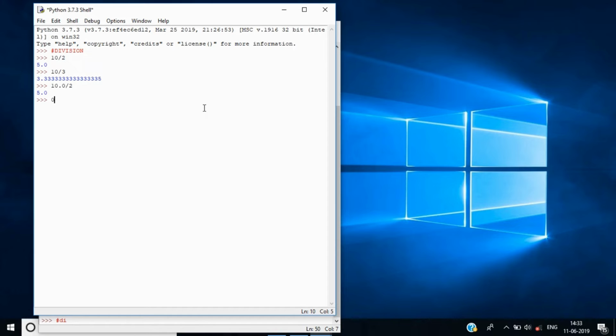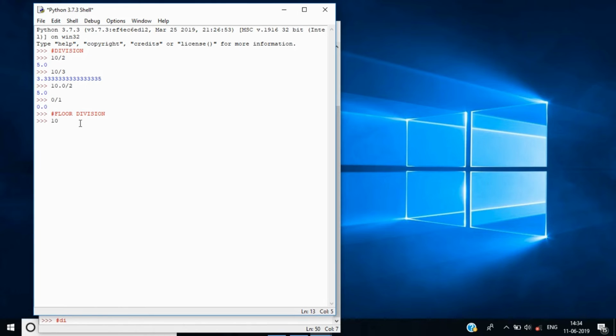So how about 0 by 1? That will be 0.0. So what if we want just the digit, or just the whole number instead of the decimal, we just want to drop it. So here if it is 3.333, we want the digit 3 alone. We use floor division for that. Floor division is basically just getting the digit value instead of the decimal.